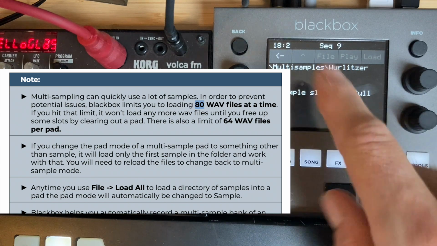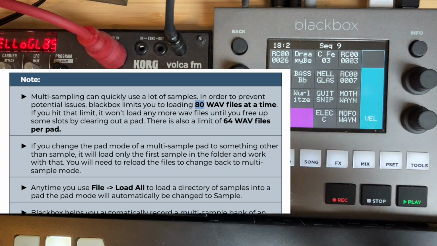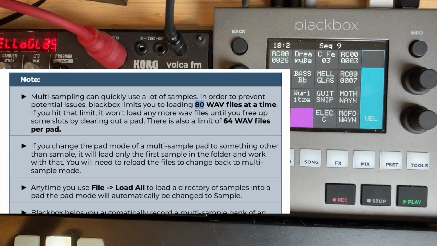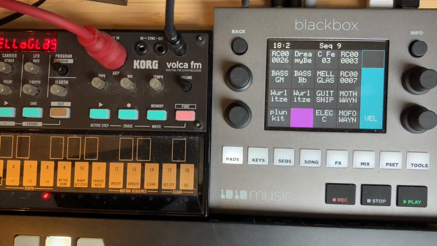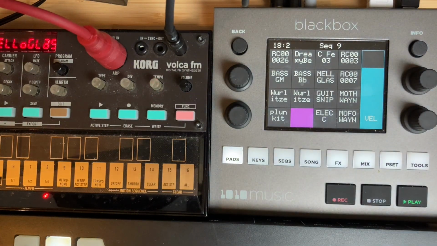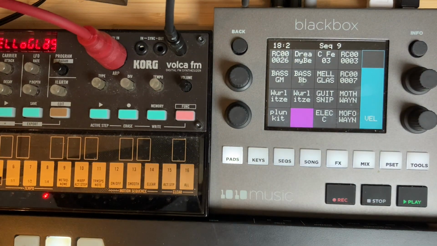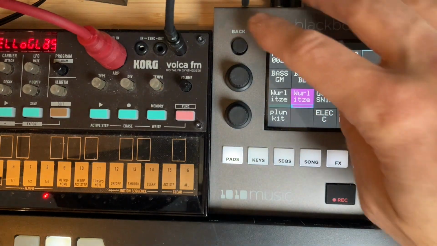So just be aware that if you want to do this multi-sampling thing, maybe you only want to load in the notes that you want to play. Don't have a bunch of multi-samples ready just in case, but choose those ranges that you want to play. Maybe you have 2 octaves that you want to play, or you have some high notes you want to play, but don't go loading up stuff